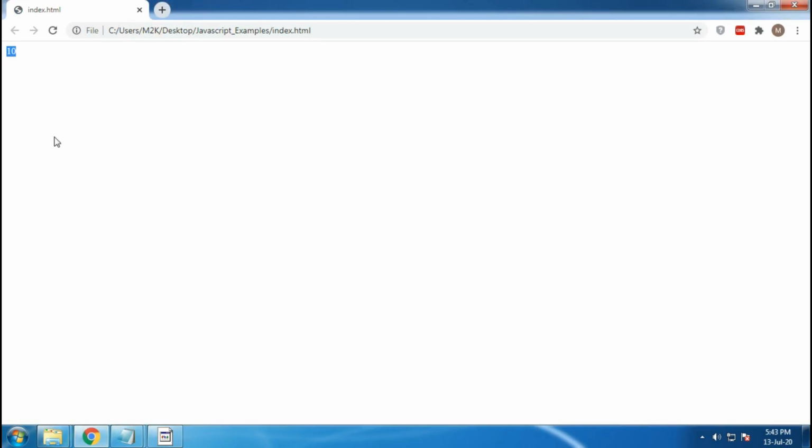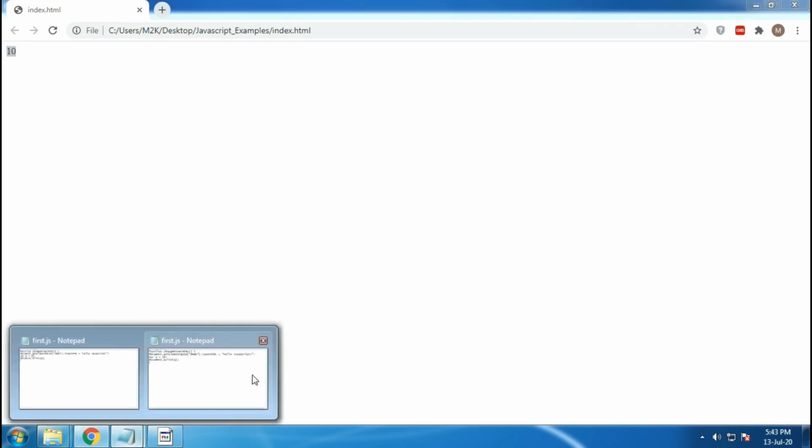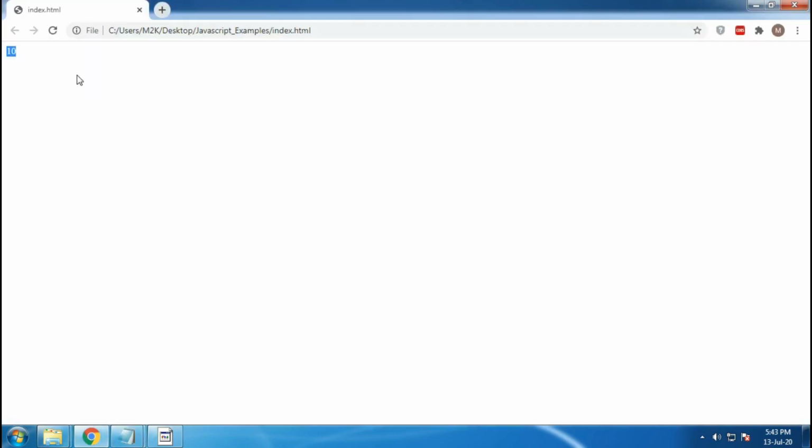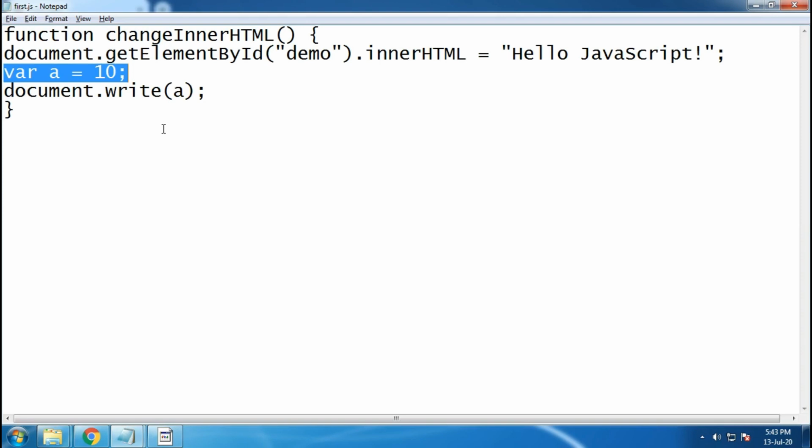So what happened is that we defined this variable, assigned it a value, and then displayed it in our HTML. This is all about the very basic thing, how you declare one variable. You will get to know more uses of it. This is the starting of our JavaScript.